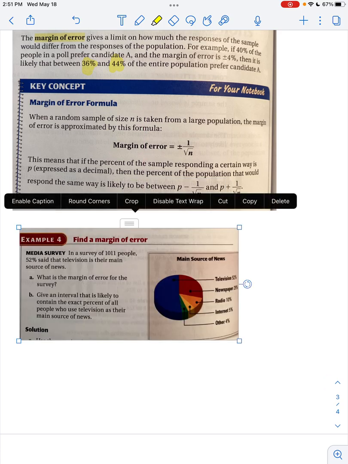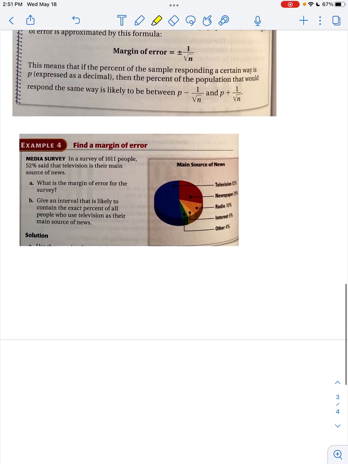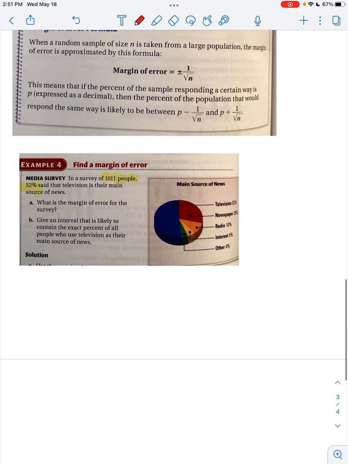Media survey. In a survey of 1,100 people, so fairly large sample size, 52% said that television is their main source of news. What is the margin of error for this survey? So again, the margin of error, if we look at our formula here, equals plus or minus 1 over the square root. My number was 1,011. So that means 1 divided by the square root of 1,011 is approximately